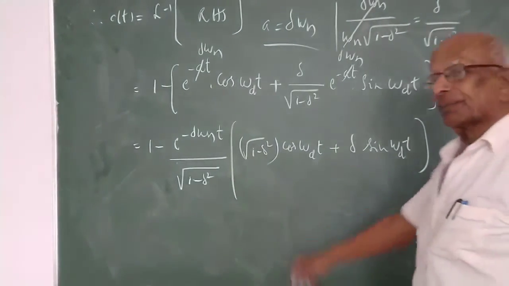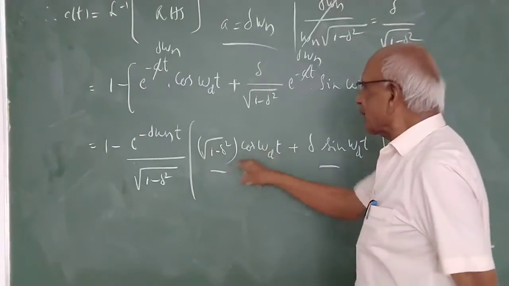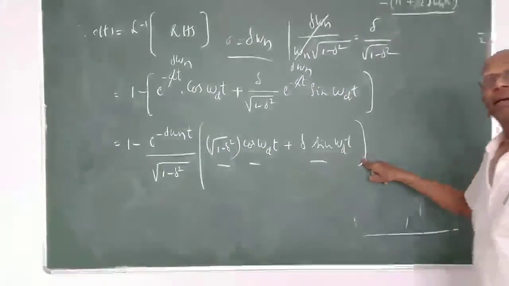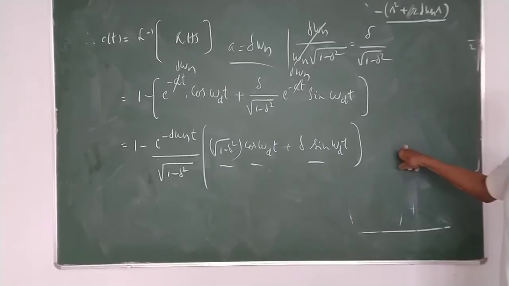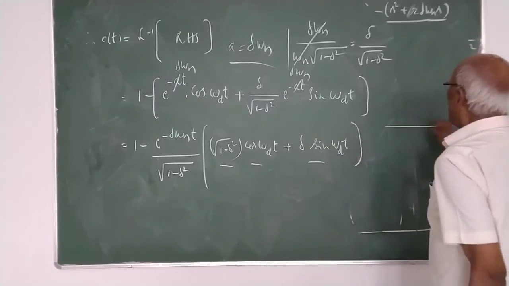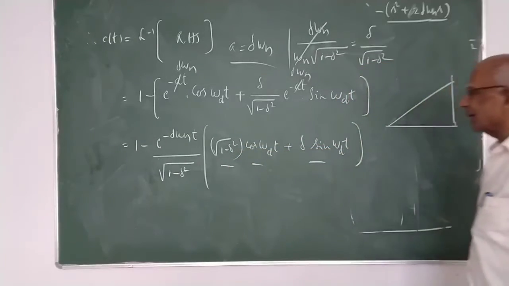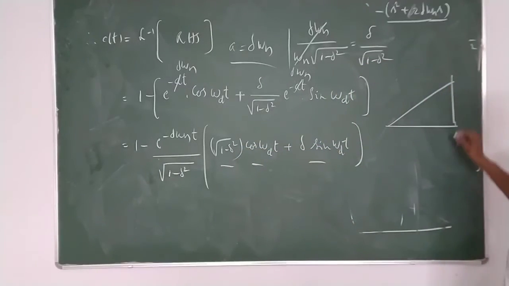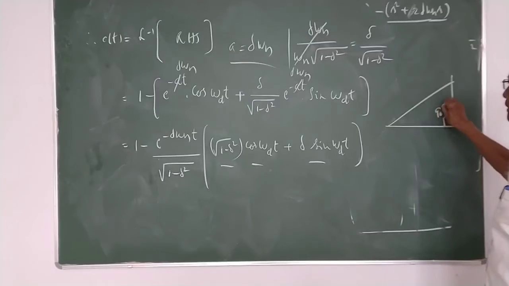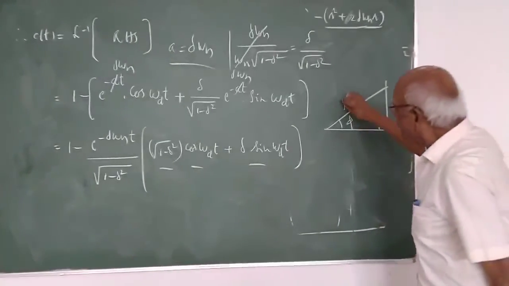Here you must use some trigonometric identity. Sin A cos B plus cos A sin B. If you can get like that, what is that? Sin A cos B plus cos A sin B, sin (A plus B). In that form I want to write, provided I can identify this one as sine of something and this as cos of something. So I will construct a right angle triangle here. This angle I will take as phi. Some persons take it as theta. Hypotenuse, let it be h.